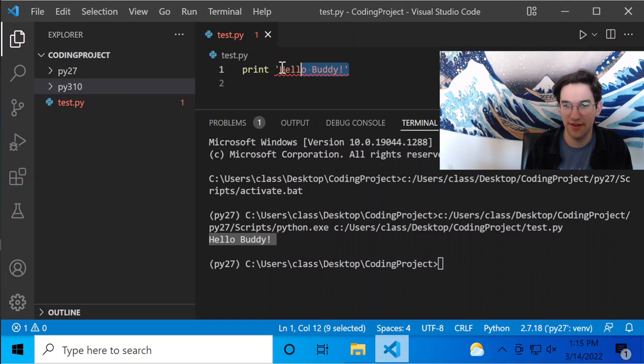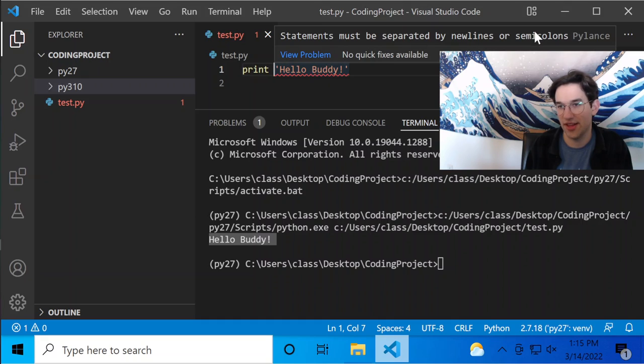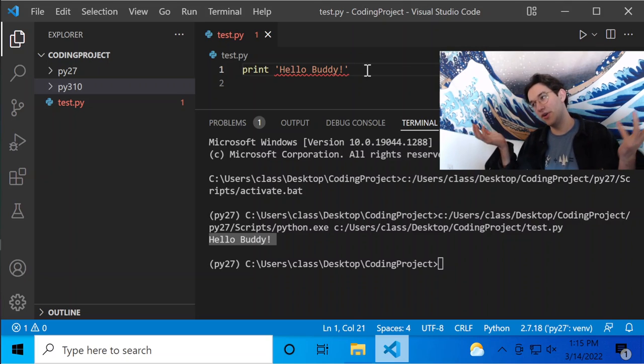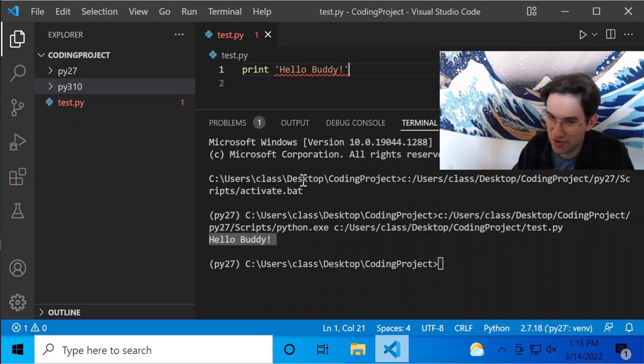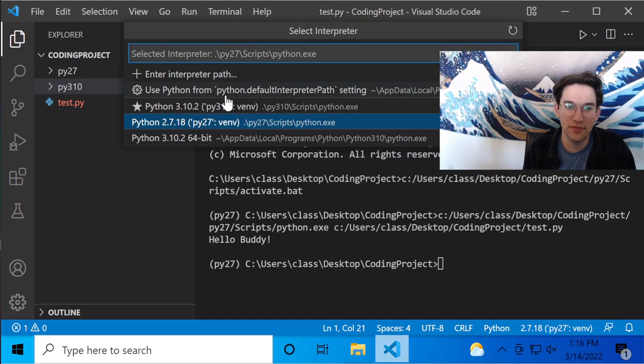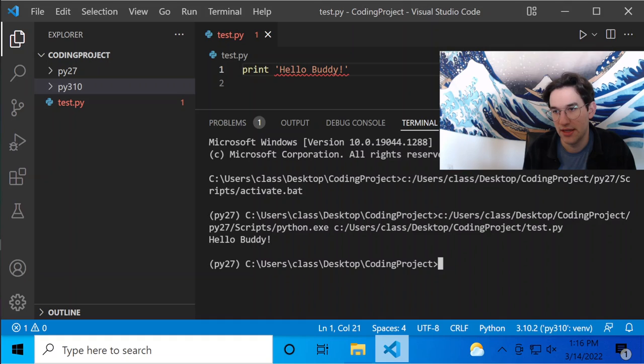Your linter and stuff in this is still using Python 3.10. So it still thinks that there's a problem, even though this is Python 2 code, because it's still running off of Python 3. That's one annoying part about doing it this way in Visual Studio Code, but I find it a pretty easy workaround since most of the time I'm working in Python 3.10 anyway. Then when we go to switch our interpreter, we're going to Python 3.10, our virtual environment, and we can install